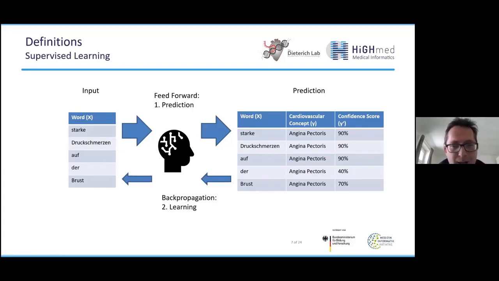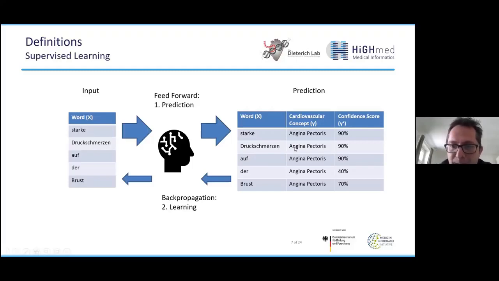But it doesn't matter now what kind of model we are using here in the middle. The most important thing that I want to show you is, if you have a look at the right-hand table, the second column, which contains the labels. And these labels are needed for the model to calculate an error rate or a confidence score.